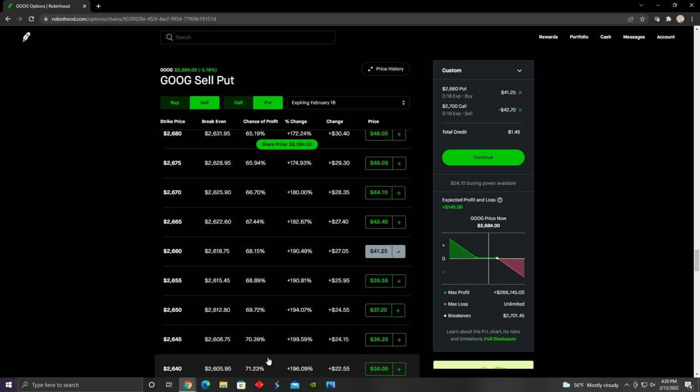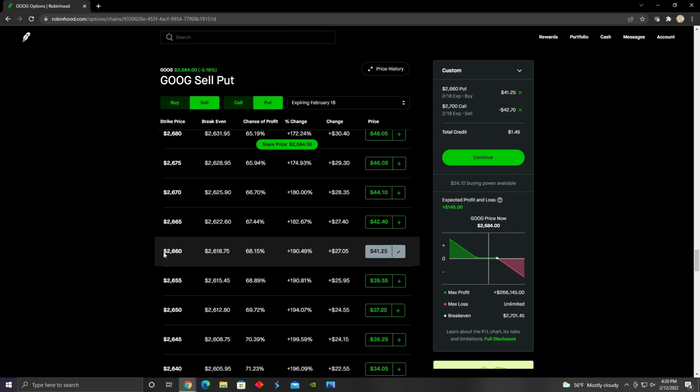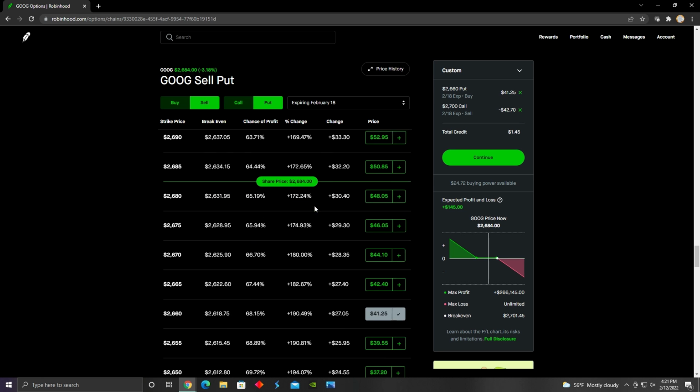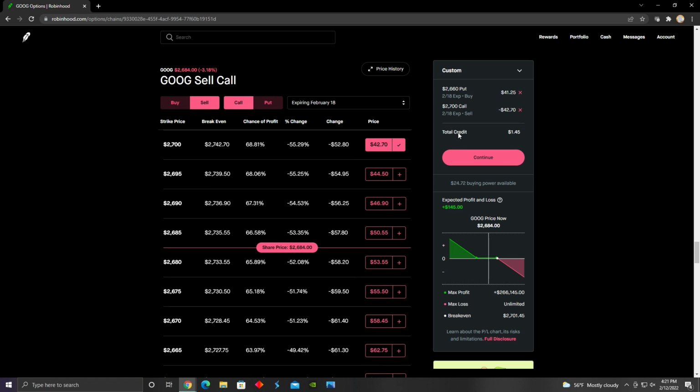So let's say the share price dropped all the way to $0 per share. We would be protected with our 100 share position because we have a put option. And so that makes it so that we're able to sell our shares at the strike price of the put option. But in order to get protection, typically someone would normally pay a debit of the premium that is set here for the price of the put option. But because we went short on a call option for a premium that was larger than the premium for our put option, we end up experiencing a net credit position. And so we are effectively getting paid in order to open up our own personal version of insurance for our 100 underlying shares. And obviously, in this particular case, whenever we're writing a call option, we are giving up